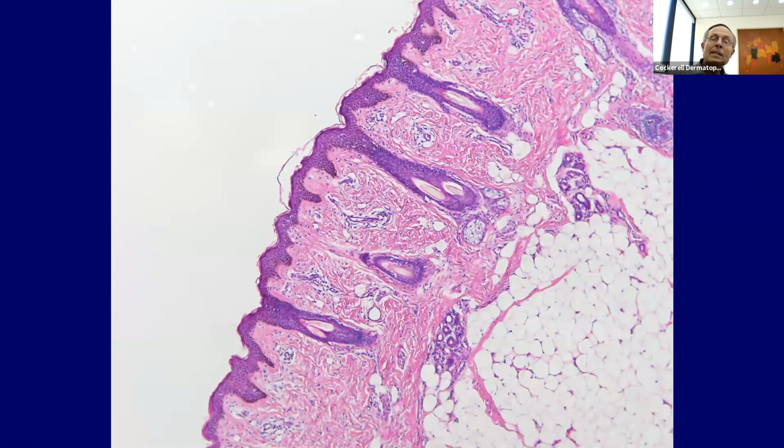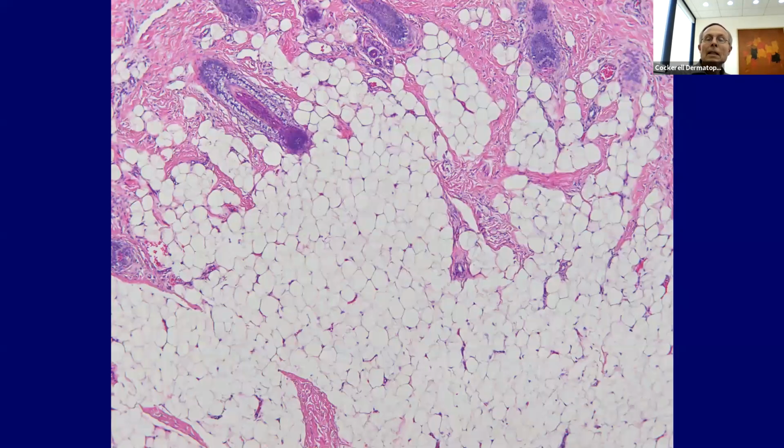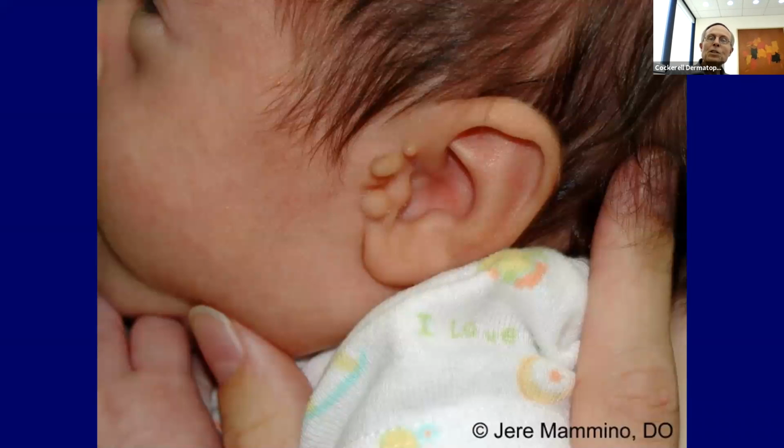And then we've got these little small miniaturized follicles here, little vellus hair follicles, a couple of baby sebaceous lobules, little tiny eccrine sweat glands, a lot of fat in this. So anybody know what this diagnosis is? Yeah, good, accessory tragus. Now, that's so easy to diagnose, and they do have pediatric dermatologists that